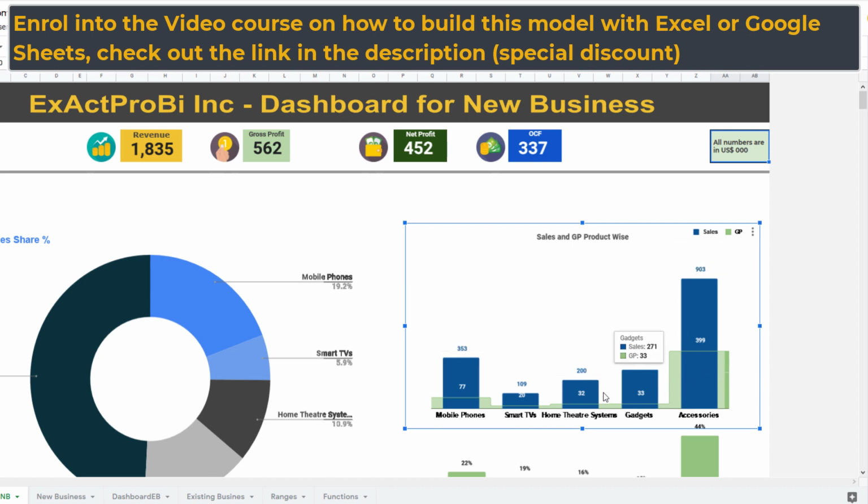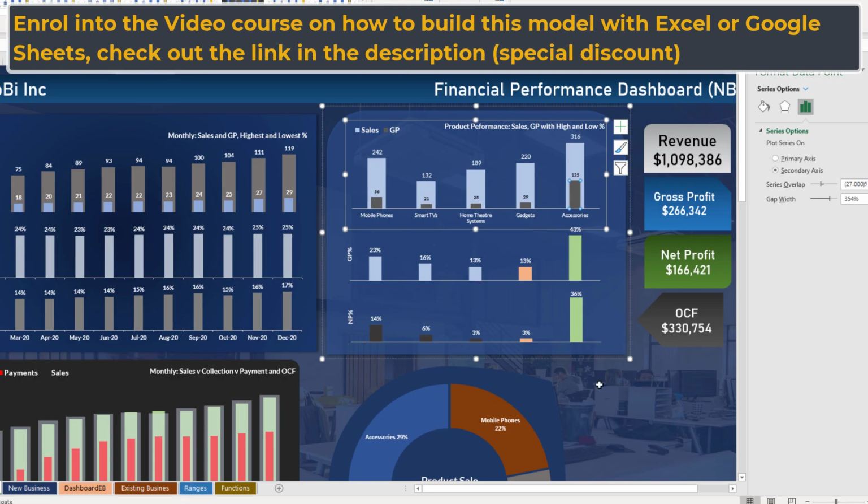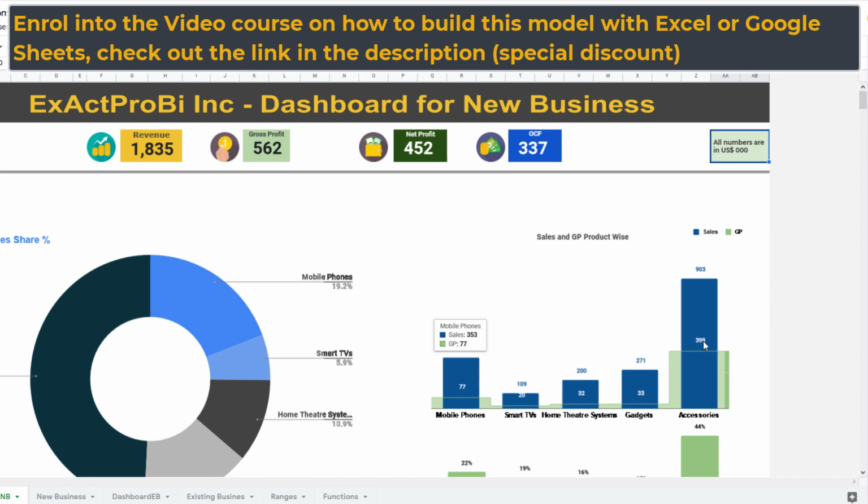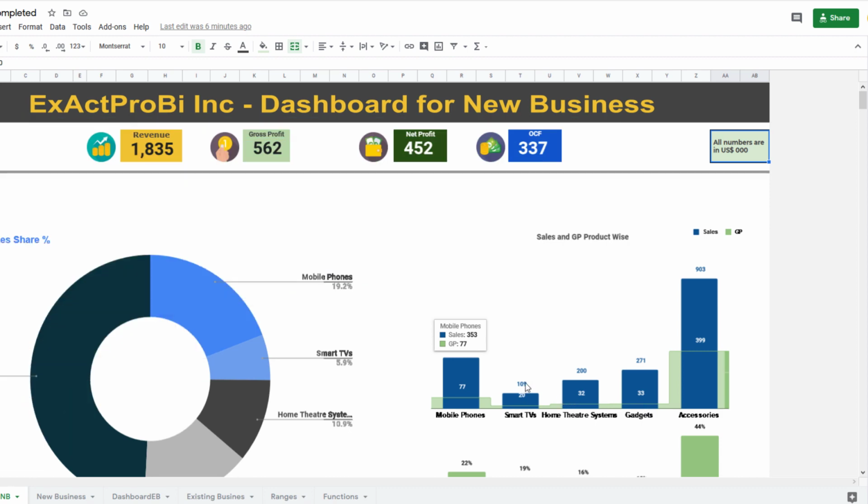But you can create this kind of effect, which is also looking very nice. So we have sales of 903 and profit of 933, and it's also dynamic. This is something not available readily in the Excel version of the chart. So here the colors are changing accordingly. If you see, this bar's color is blue, but here it is white. And if you go outside, it's also changing accordingly.